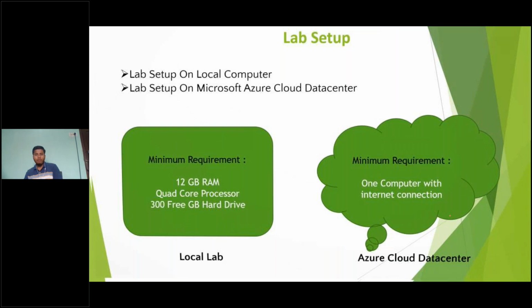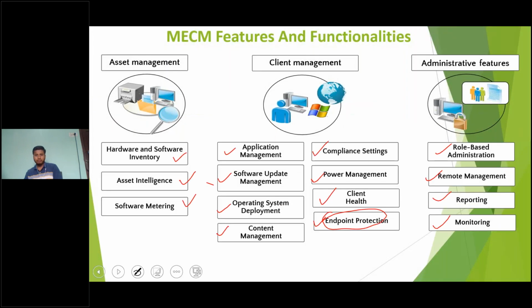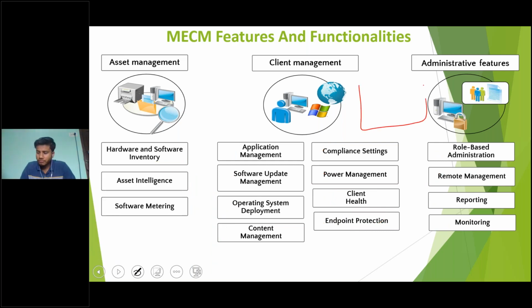Now, what is power management? Suppose you have to apply a certain policy. Let's say there are 10,000 machines, and for example these machines are in Mumbai. I want a certain power policy on these machines.